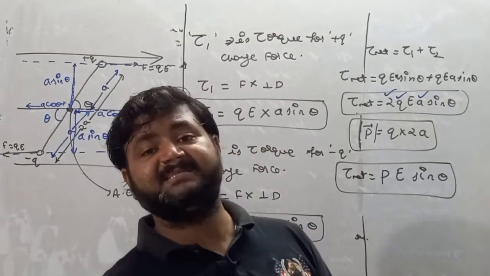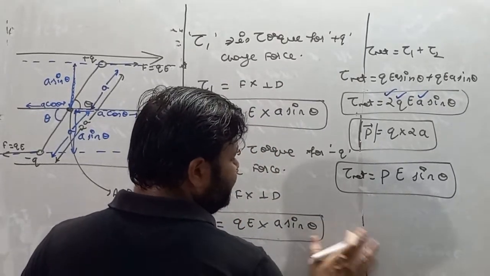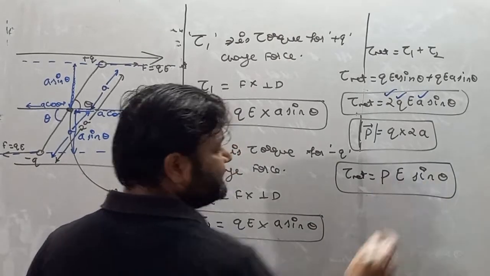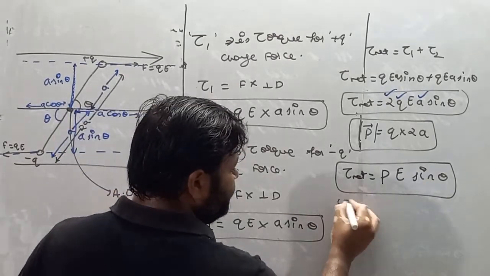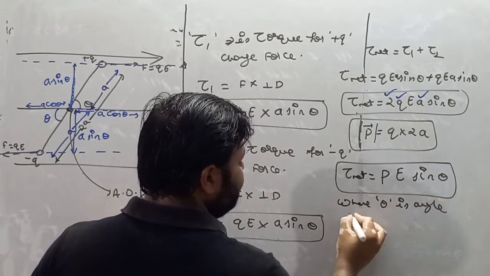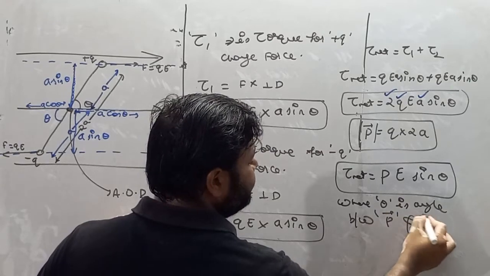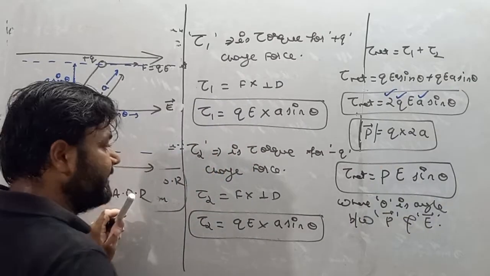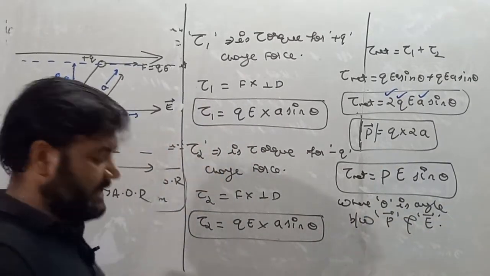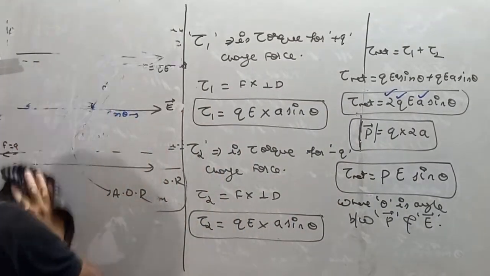field, making some angle theta with electric field. Now see, P is basically dipole moment, E is electric field and sin theta, where theta is angle between P and E. Both are vector quantity. Remember, P means dipole moment and E is electric field. So if I know the property of vector,